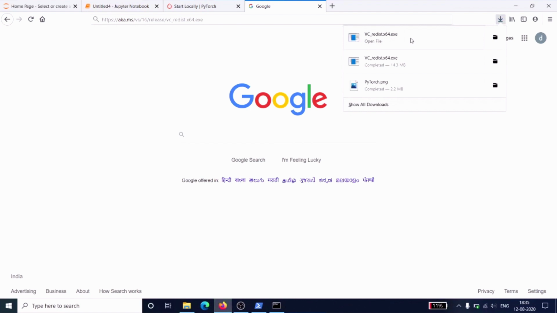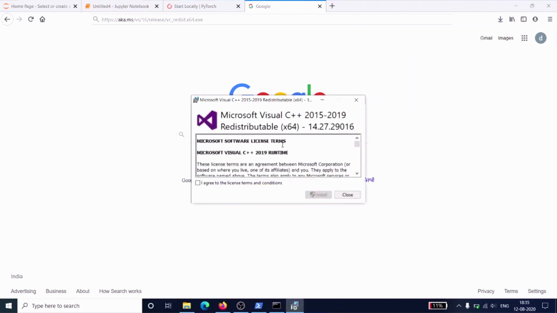It has been downloaded. Double click. Accept the license terms and conditions. Install. Yes.